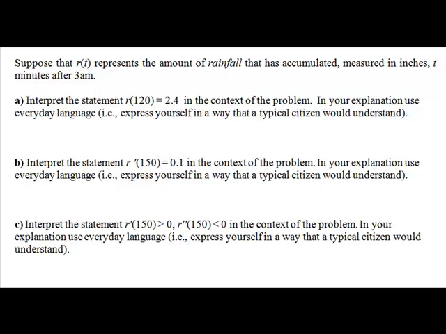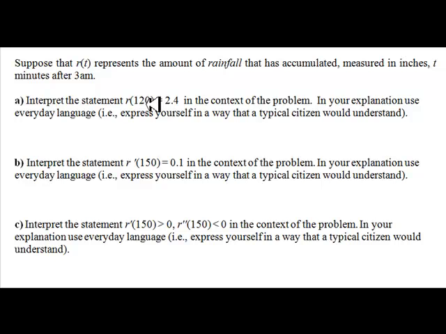In this video, we're going to use a context to interpret function notation and derivative notation. And the context is that R of t represents the amount of rainfall that has accumulated, measured in inches, t minutes after 3 a.m. So if we're going to interpret the statement R of 120 equals 2.4, well, the 120